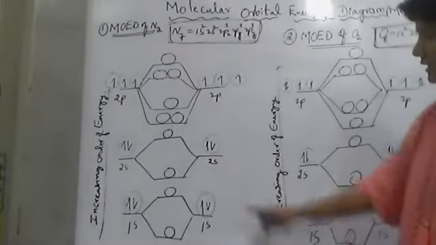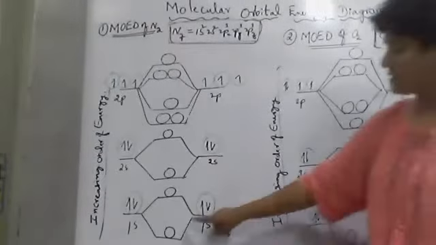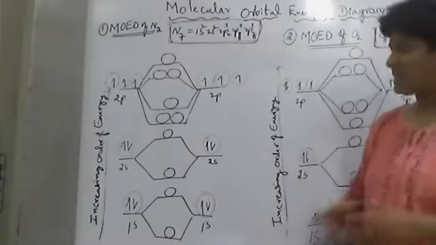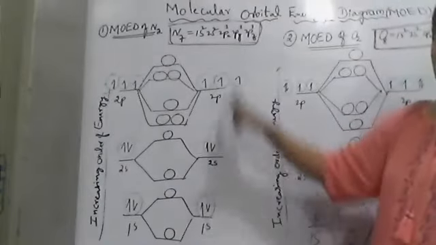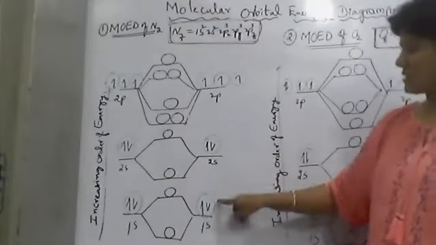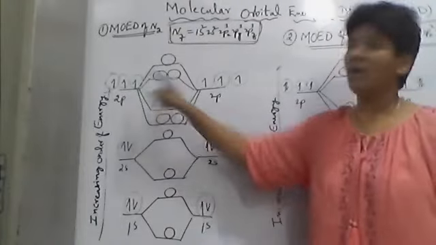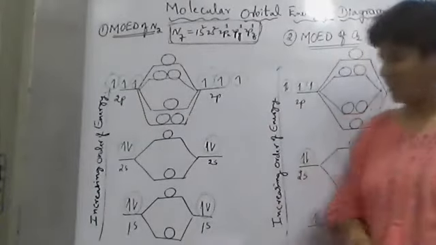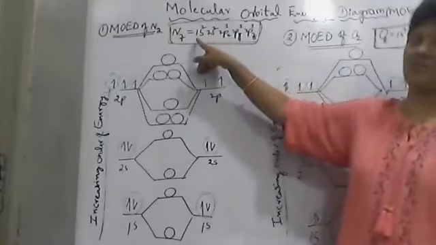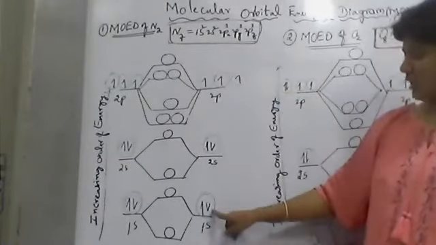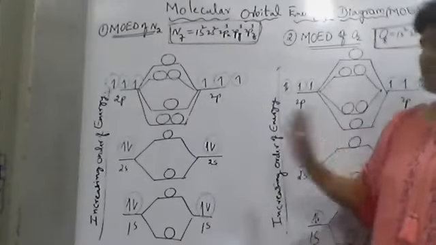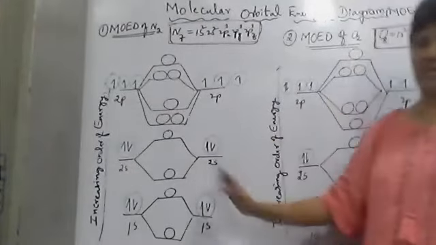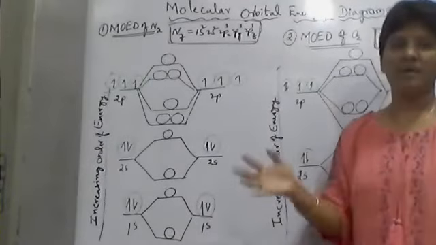So see, here this is the energy diagram. These side circles indicate atomic orbitals. Say one side is the first nitrogen, the other side is the second nitrogen. These green circles indicate the atomic orbitals of each nitrogen atom. So what is the electronic configuration of nitrogen? 1s2, so 1s has 2 electrons. Next 2s2, 2s has 2 electrons. Then 2p3, 3 electrons. So first nitrogen, second nitrogen, these two nitrogen atoms are combining.